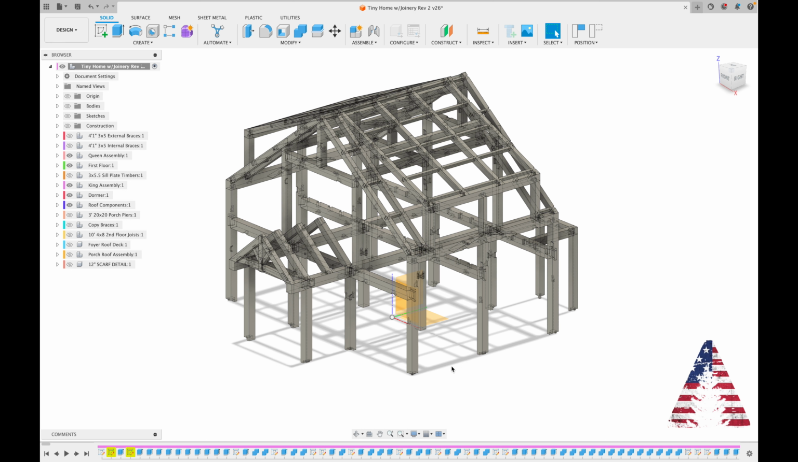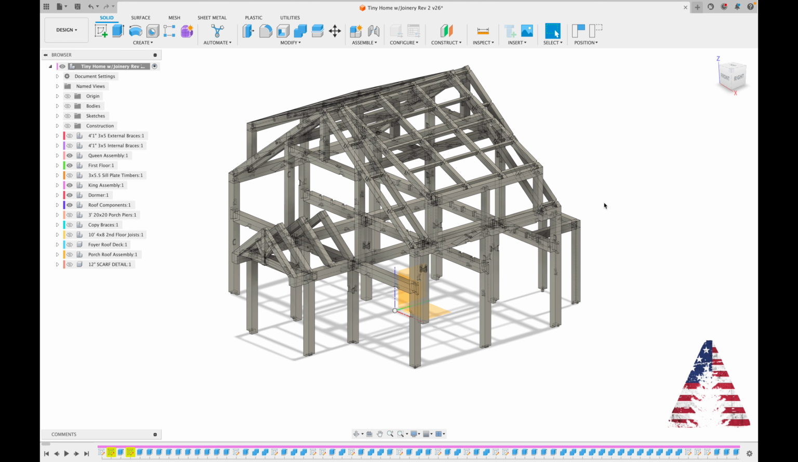Let's talk about the design of my frame. I think typically you'll find two major flavors when talking about a timber frame. One would be an integral bent design. So if